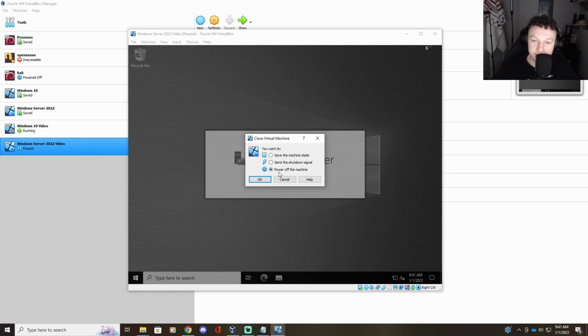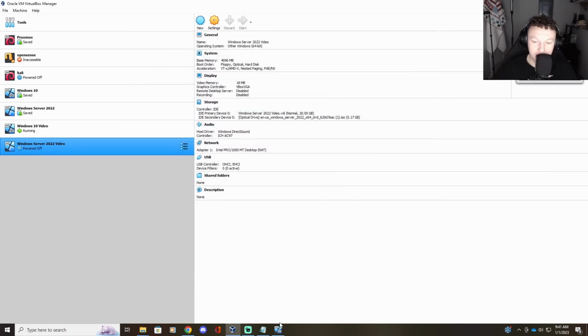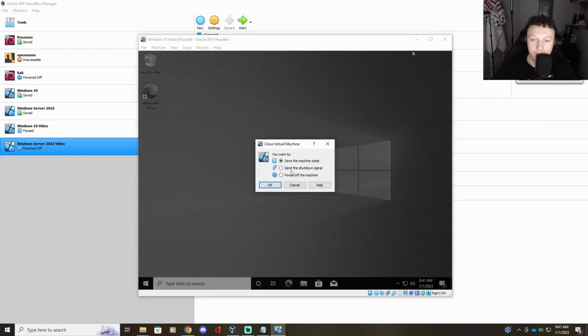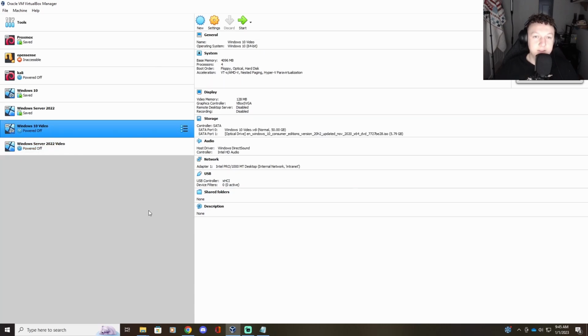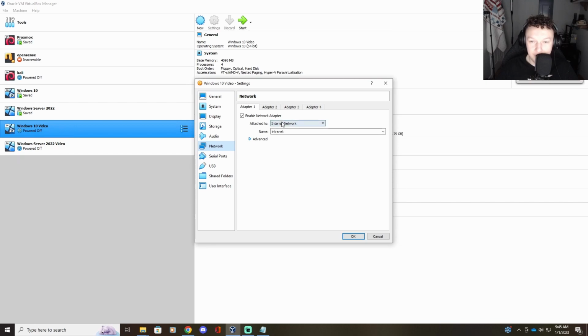So save the machine state. We actually want to power off the machine, which will take it a little bit longer to boot up for both the Windows 10 and the Server 2022. So there's one more thing that we need to do. And we need to go to settings, we need to go to network, we need to do a bridged adapter,